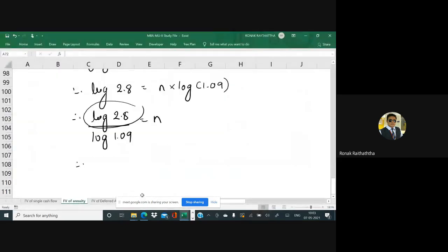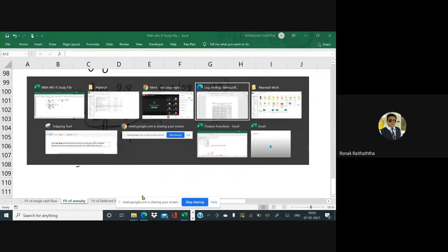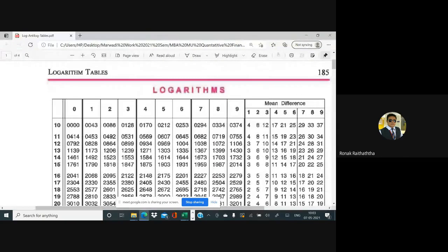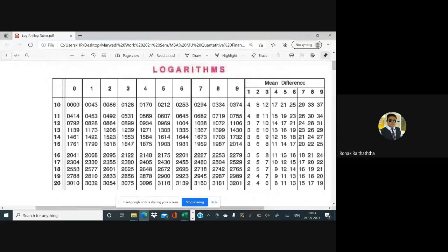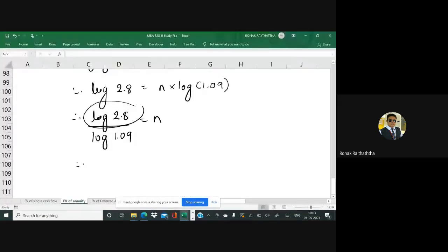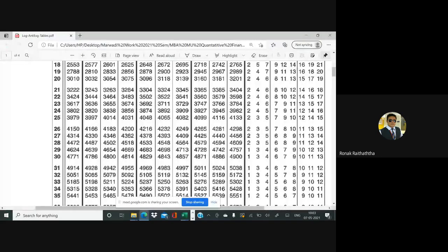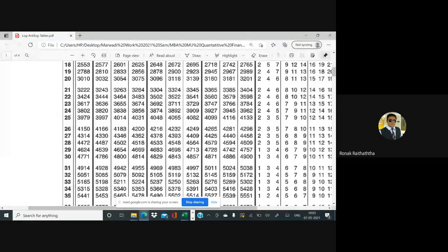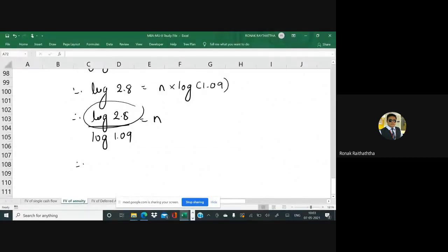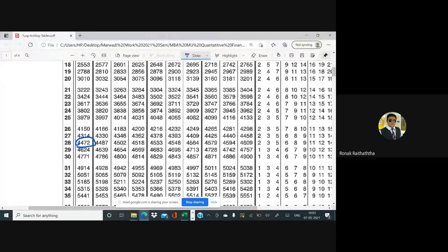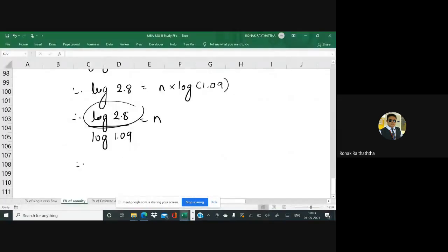Okay, so log of 2.8, we'll go to the log table. Many of us have already found it. Very good. Nice to see that. So we'll go to the 28 straight away. In 28, I'm going to the value 4472. I'll go to the column 0 because after 28 there is 0, right? Wherever the decimal is, we are ignoring for the time being. The mean difference value for the fourth digit is not given to us, so we are not finding any mean difference as well. So that's straight away going to be 4472.